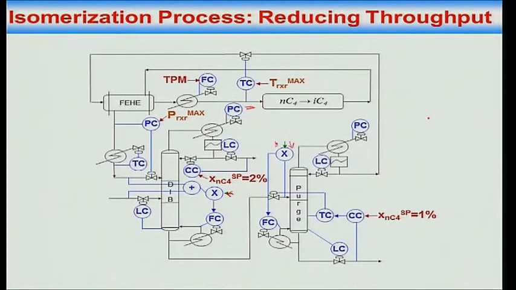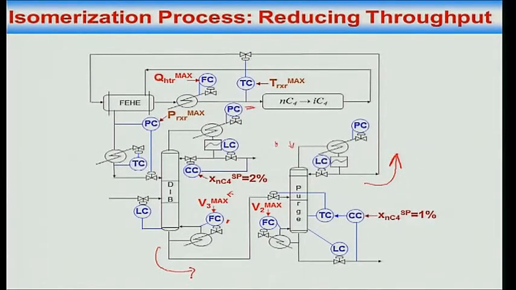What is essentially being given up? When this hits max, the amount of IC5 that's going up floats, is no longer under control. It will float to whatever it has to float to. Similarly, when this chap hits max, which is when do they hit? I don't know. So when this hits max, the amount of IC4 leaking down the bottoms is not in my hands. Does that make sense or no?